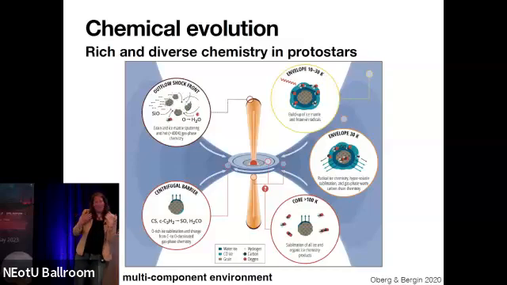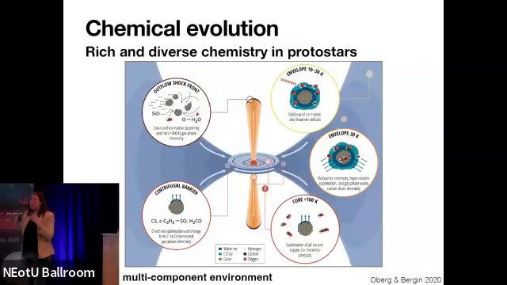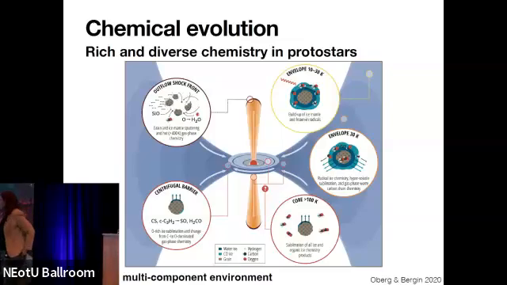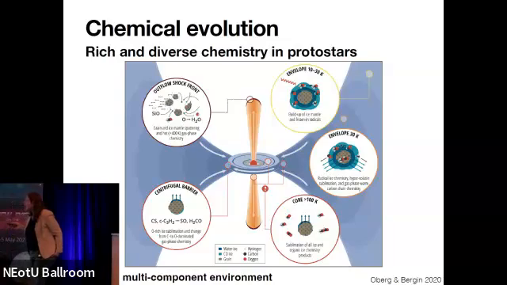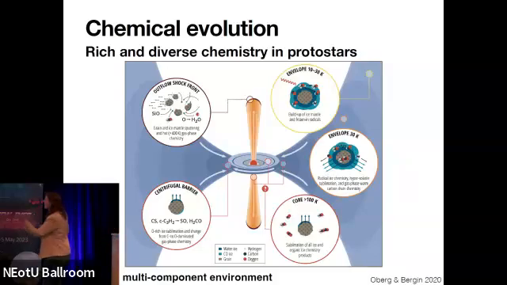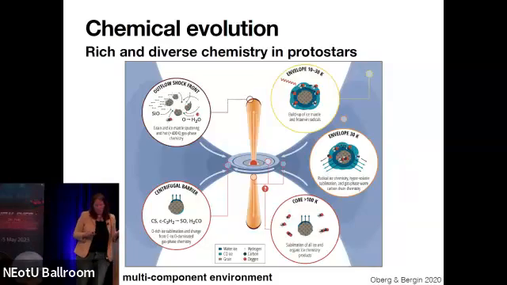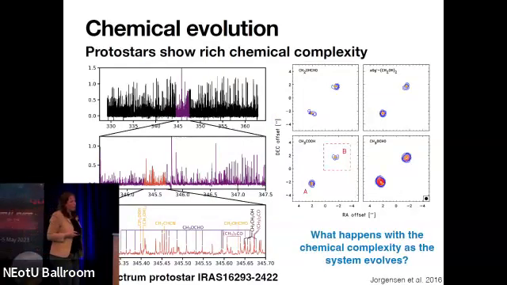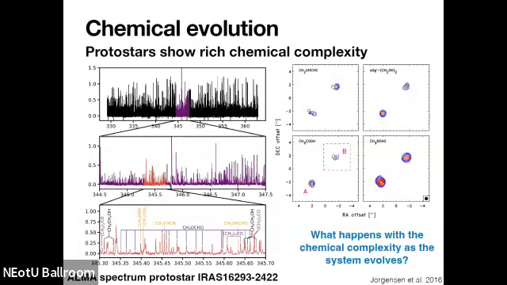And what is so interesting about protostars, with all these different components, so the envelopes, the jets, the disks, is that you actually have this wide range of physical properties that lead to different chemical processes. Like, for example, freeze out onto dust grains, but then also thermal sublimation and non-thermal sublimation of the icy layers that enrich the chemistry of the disk. But also shock features that can release other molecules and even create molecules that otherwise wouldn't even have been formed. And we've already seen that in ALMA spectra of several of these protostars, that they show a very rich chemical